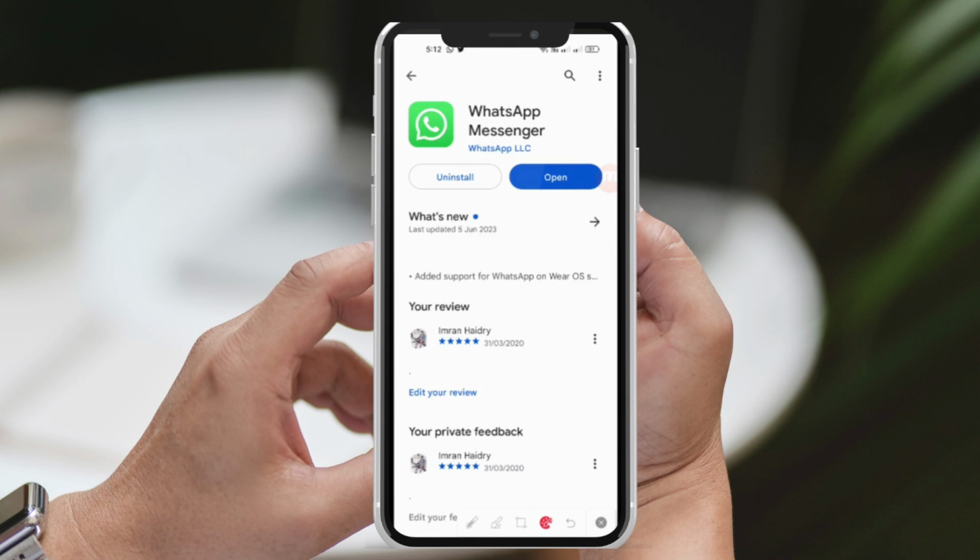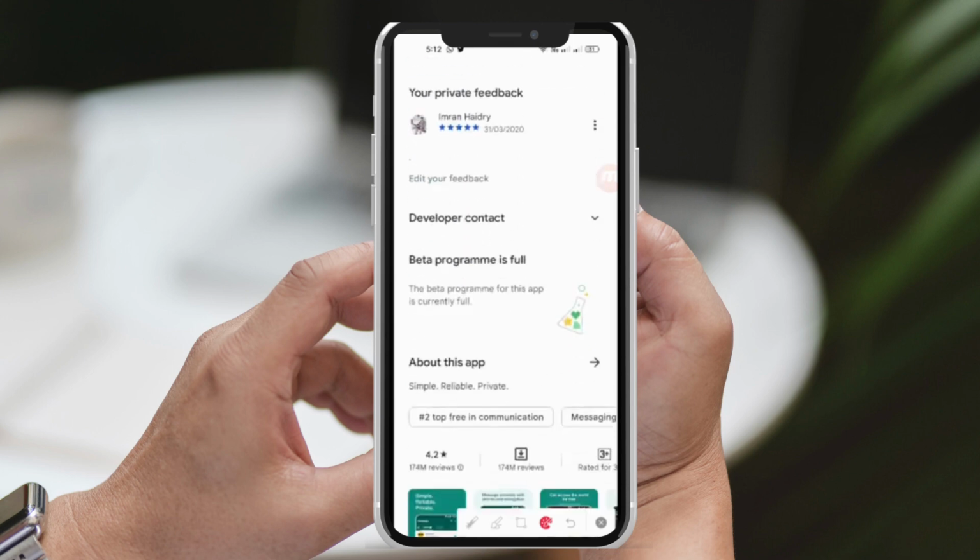Remember, if you neglect to switch to the official version, you risk permanent banning and losing access to WhatsApp altogether. So,